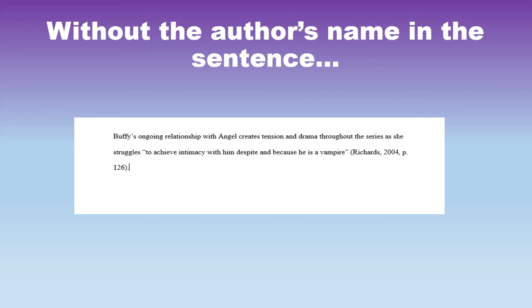This is going to work if you paraphrase things as well. If you don't use direct quotes but use ideas from another author's work, this is how you would cite them as well. You wouldn't have to put quotation marks around them because you're not using the exact wording, but you still do need to cite even if you summarize or paraphrase. The goal of your in-text citations is always to direct your readers back to your references page. You want to make it easy for them to find where you found your information.